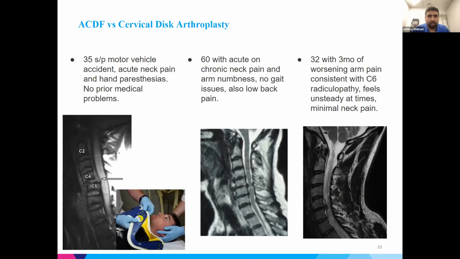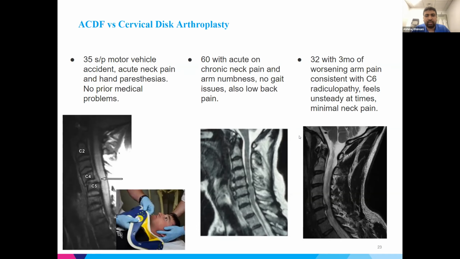The second one is a 60-year-old with acute and chronic neck pain, no gait issues, also low back pain. This patient has a multi-level stenosis, multi-level spondylosis with an age of 60. So arthroplasty on this patient, probably not a good idea, especially given that patient has neck pain, which can signal some micro instability. So I would still do an ACDF on this patient, probably a 2 to 3